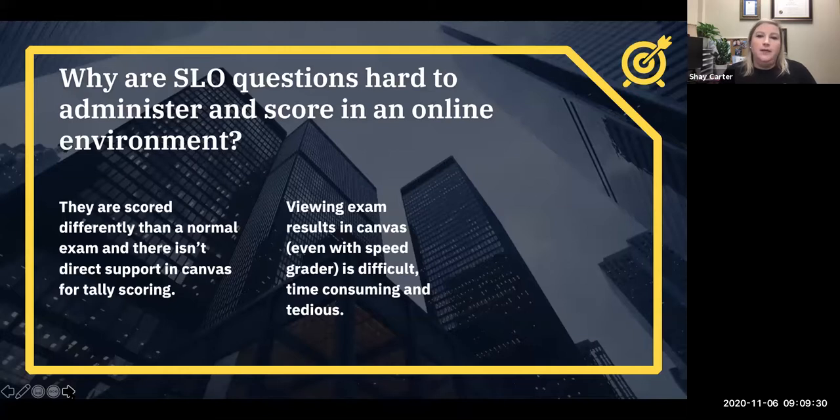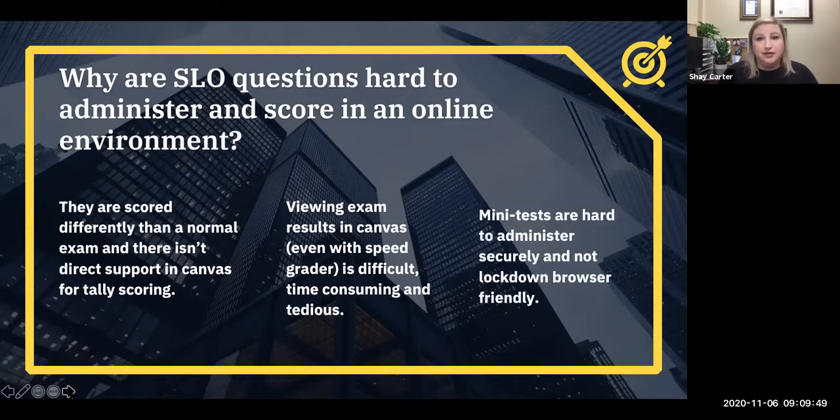SpeedGrader, this is hard. Even with SpeedGrader, we love SpeedGrader, right? SpeedGrader is phenomenal, but even with SpeedGrader, viewing results in the same fashion you would view them in an in-person course, it's difficult. It's time-consuming. It's not fun, especially when you have a lot of tests to look through. So in the